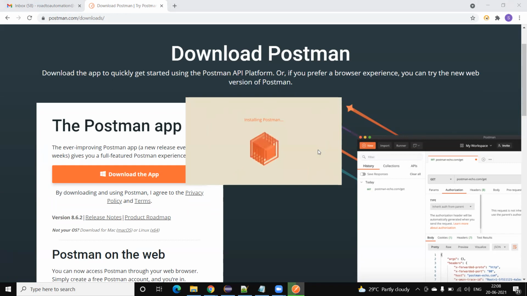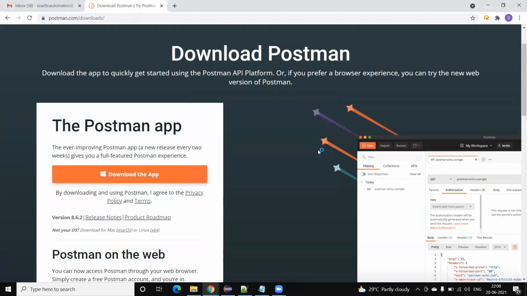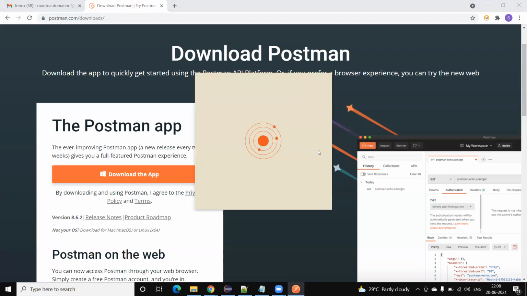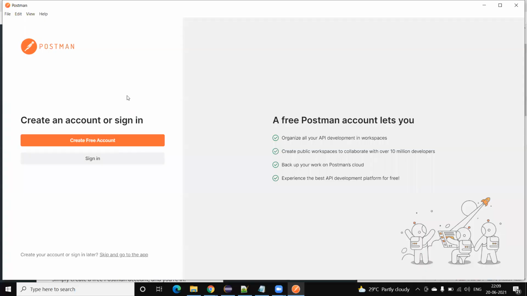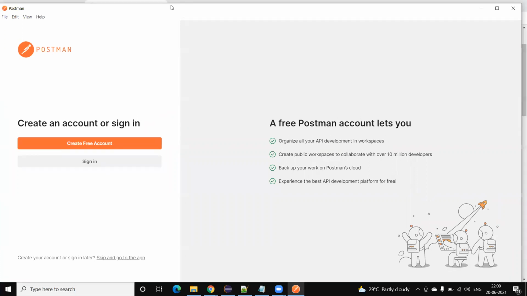Once the installation is done, it will launch Postman. Now the installation is in progress, and now it's done. It's loading Postman, and now Postman is loaded successfully. You can see this is the Postman interface, the Postman UI.